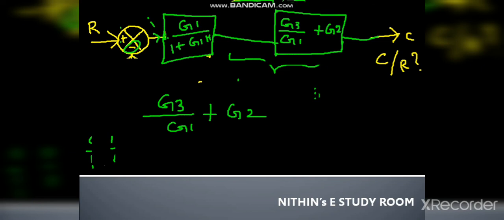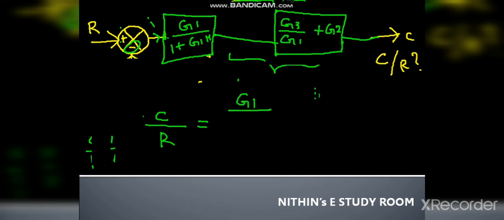Now you can simply say what is C of s by R of s. We actually want to find output by input. Output is C, input is R. C by R is nothing but two blocks in cascade form. Can you see? There are two blocks in cascade form. What is the output of cascade form? You have to just multiply. G1 by 1 plus G1H is the first cascade block, and the second block is G3 by G1